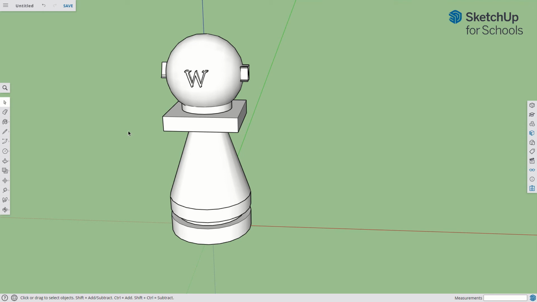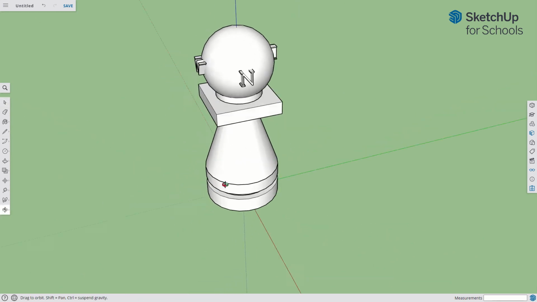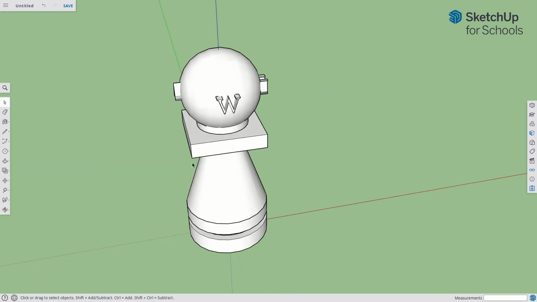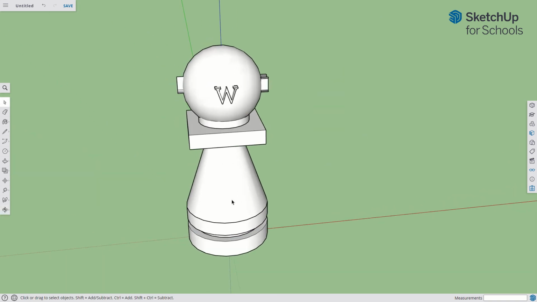One of our projects right now is to make a chess piece or a Christmas ornament or something that's kind of more round than what we've been doing. Here's one that we left off with in class and a couple things that we can do to it. I don't know if I'll get to the letters this time, but before I make this disappear,